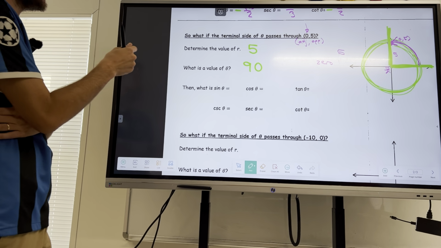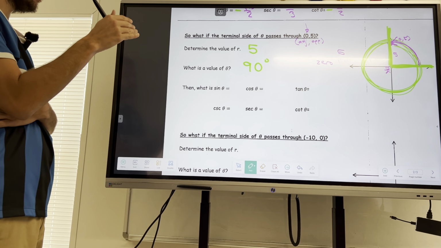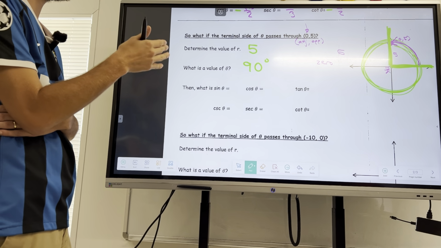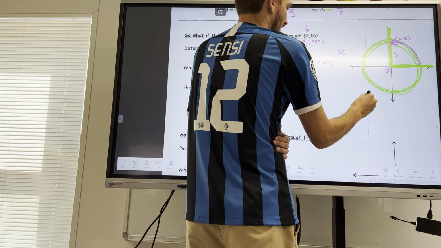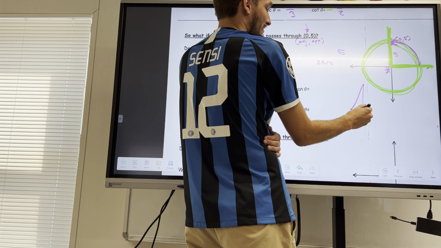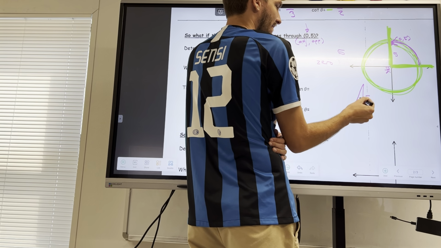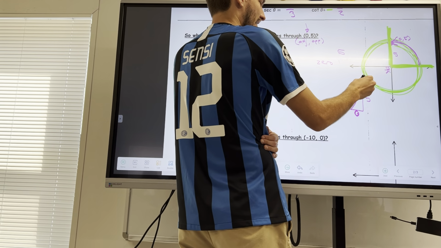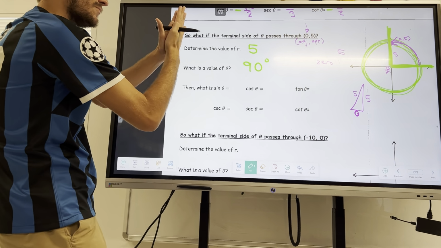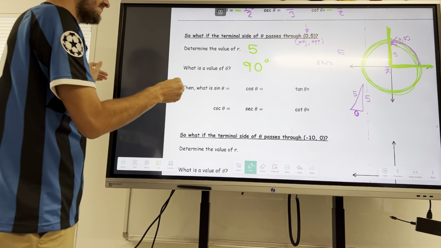Okay, strange, 90 degrees. Okay, then what is sine, cosine, tangent, cosecant, secant, and cotangent? Again, we have a very weird triangle here because our triangle has the bottom side of 0, which shouldn't really work. It has the 5 as the opposite side, and we determined also 5 as the hypotenuse because the triangle is so squished thin that the opposite and the hypotenuse are the same. So let's make